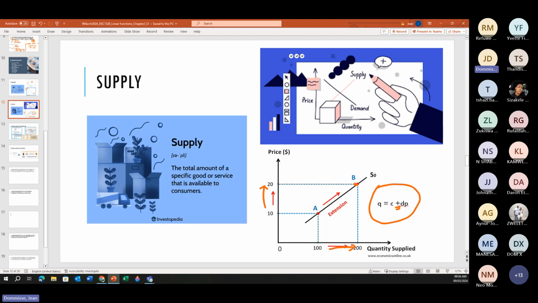And if you put the two together, as in this case, we will get the demand and supply function. Then in the next chapter, we will start looking at what is happening at that point,